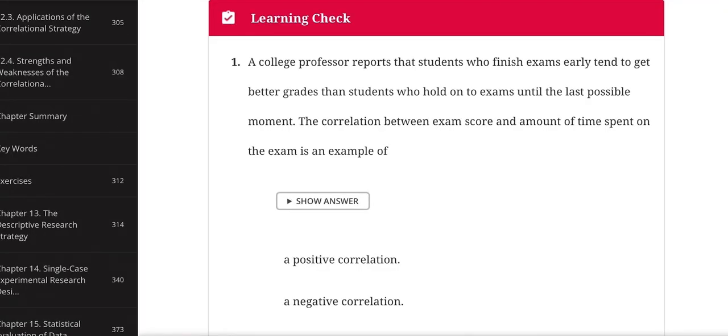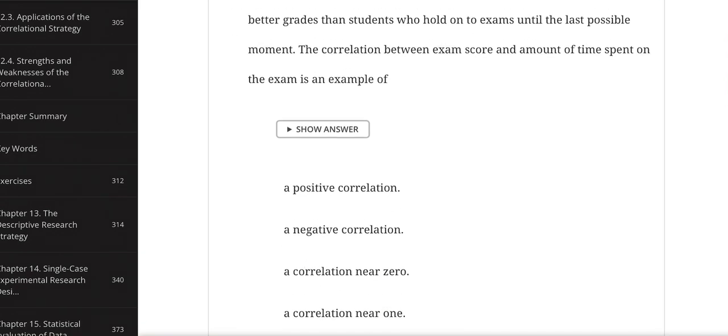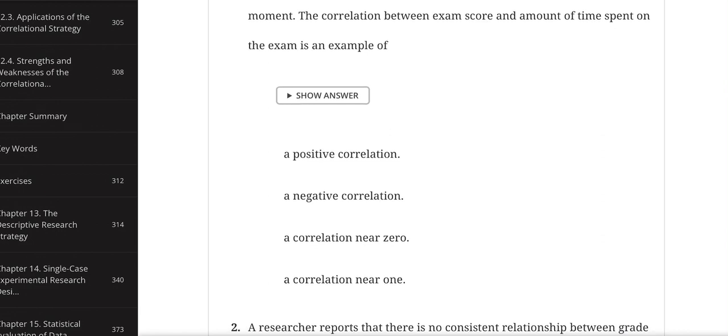Here's your learning check really quickly. A college professor reports that students who finish exams early tend to get better grades than students who hold on to exams until the last possible moment because they second guess themselves, I'm sure. The correlation between exam score and amount of time spent on the exam is an example of. Okay, so whenever you're presented with something like this, you've got to think this through. So we're saying